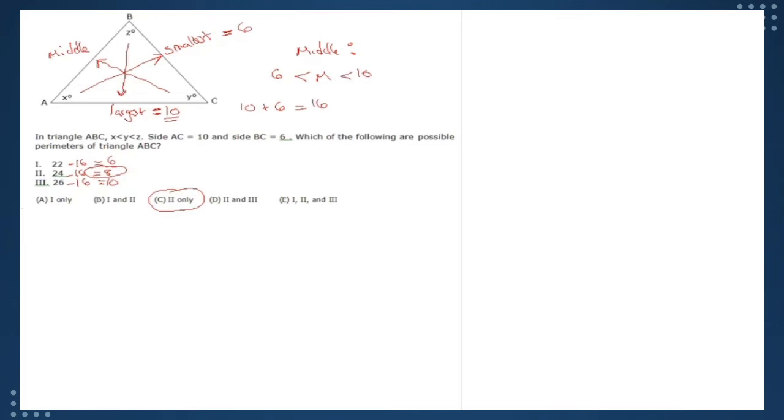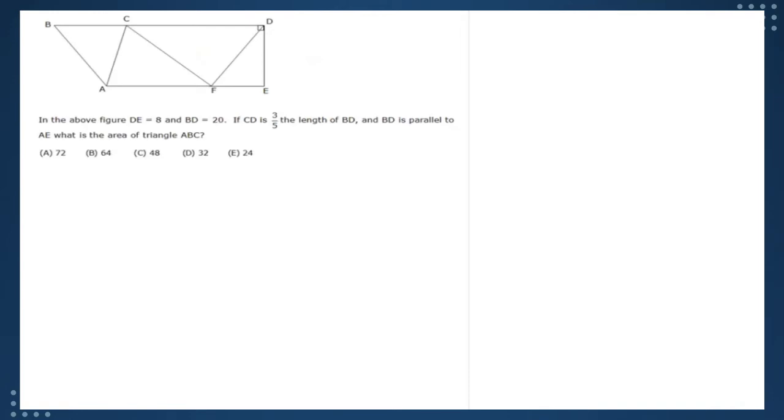Sometimes they're going to try to trick you on where the height is of a particular triangle. Now, I wouldn't say that this problem is the hardest problem in the world, but there are definitely some ways in which they're trying to trick or trap you into thinking what the height actually is of the triangle. So when everyone's going through this question, do a really good job of making sure that you're finding the height versus the base and stuff like that. There's a lot we can talk about once we go through this question. So I'll give everyone about 2 minutes and then we can go from there.